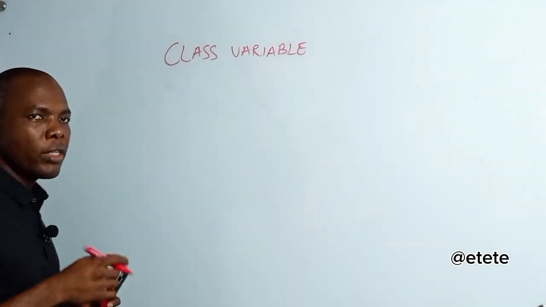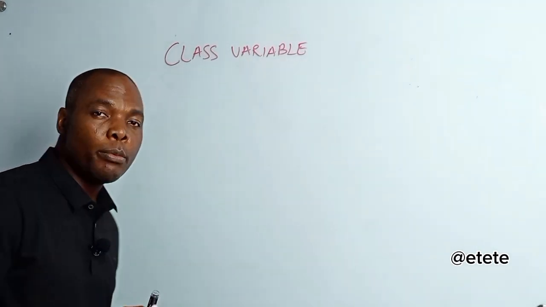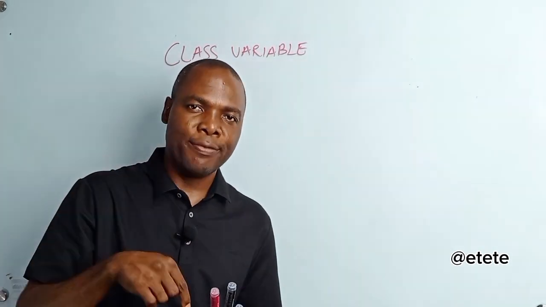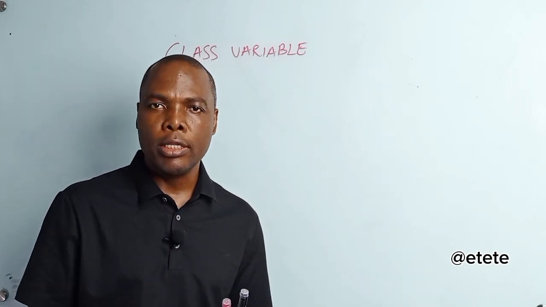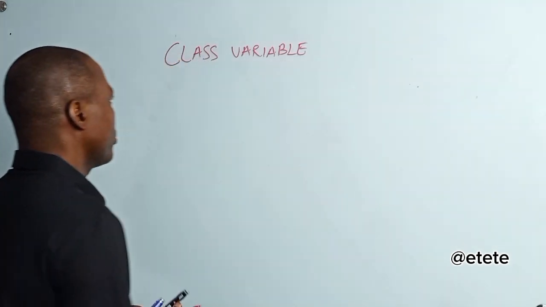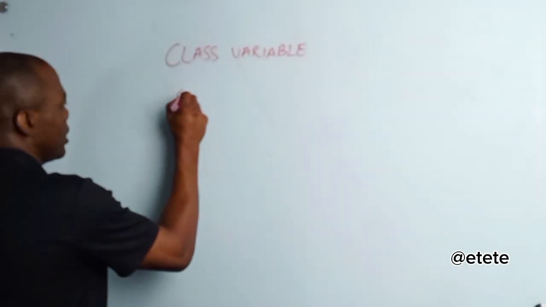All right. So what is a class variable? A class variable is the variable that is defined inside the class, right? And is common to all the objects of that class. So what we will do is we just create class